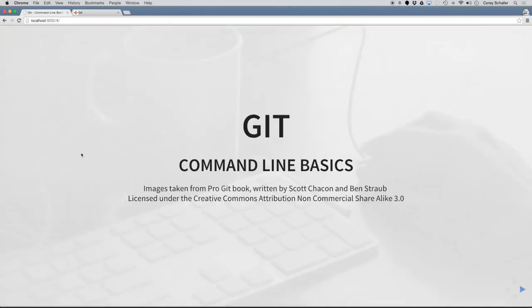So this video is going to be useful for three different types of people. First of all, somebody who has never used version control before. This is a great place to start because Git is the most widely used version control system out there. Second, for people who have used version control but not Git. So if you're coming from a version control system like SVN, then it's going to be great to learn about Git also. And third, this will be useful for people who have used Git but have mainly used the GUI